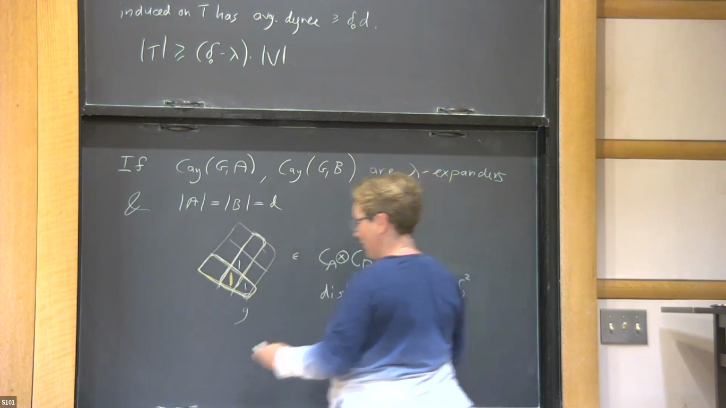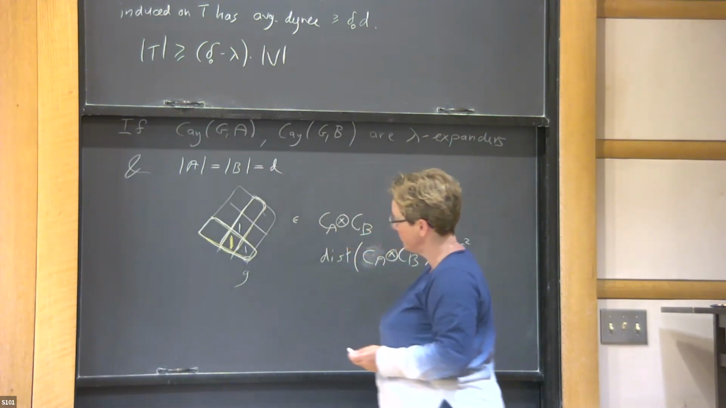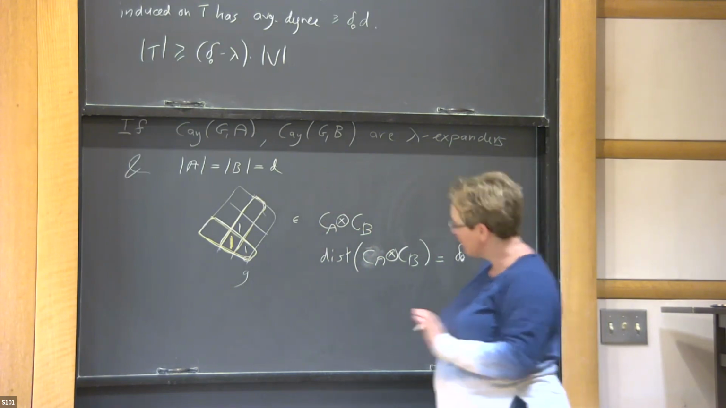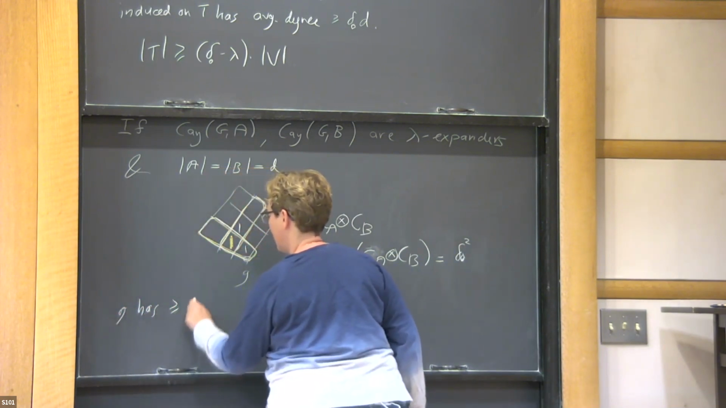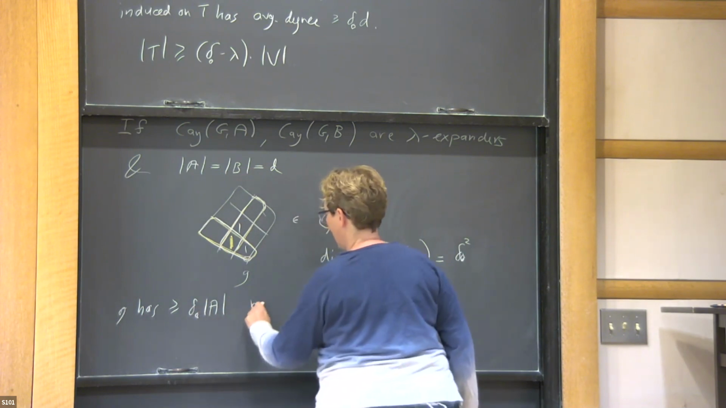So the best you can do is to condense all the minimum number of ones that fulfills what you just said. Yeah, but that's not what I care about. I want to say something: G has at least delta naught A non-zero